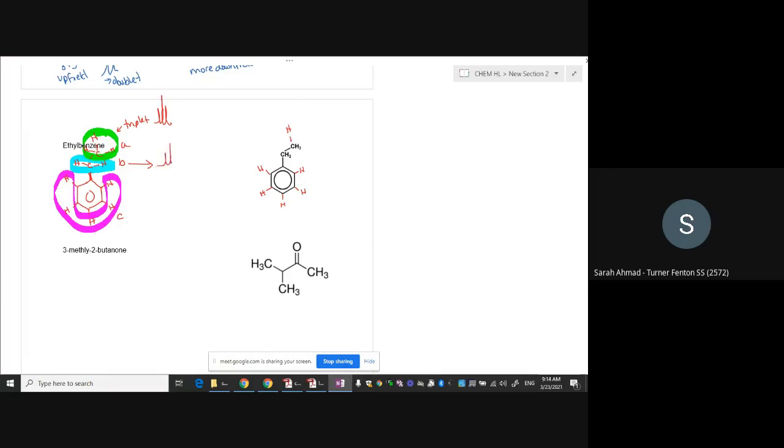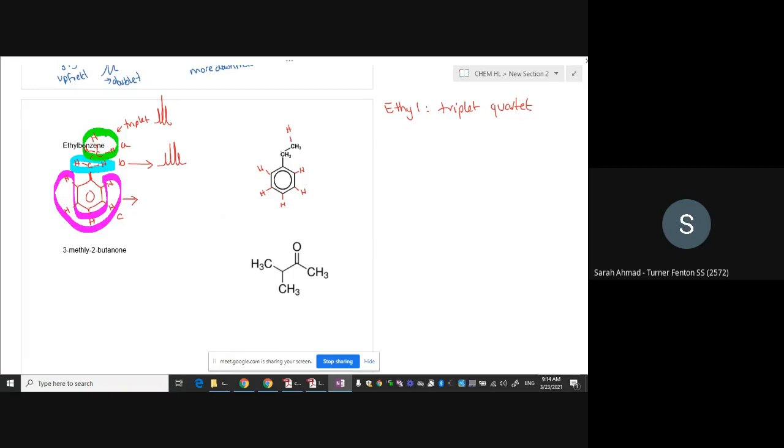Now this looks similar, doesn't it? We talked about triplet quartet. So in your mind now, an ethyl will always be triplet quartet, right? So you're going to start looking for certain features. Be like, yeah, I see that. There has to be an ethyl somewhere attached on this molecule, right? The protons on the